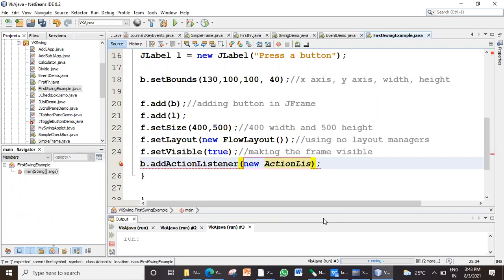Actually, 3 minutes are left, so I doubt whether I'll be able to complete this program.